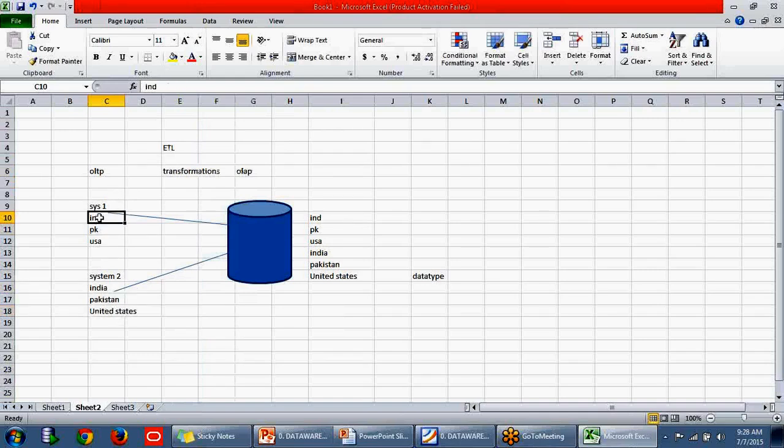They will run a query here: if it is India, save it in the OLAP system as India. If it is PK, save this in the OLAP system as Pakistan. If it is USA, save this in the OLAP system as United States. If it is saved like this,